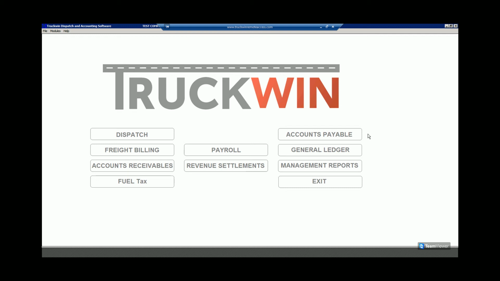So as you can see, one of the main things that we worked on is a new look for Truckwin. What you're seeing on the screen is actually going to be the main screen of Truckwin. Now, if you really liked orange, you're probably going to be heartbroken, but I'm guessing most people are going to like this